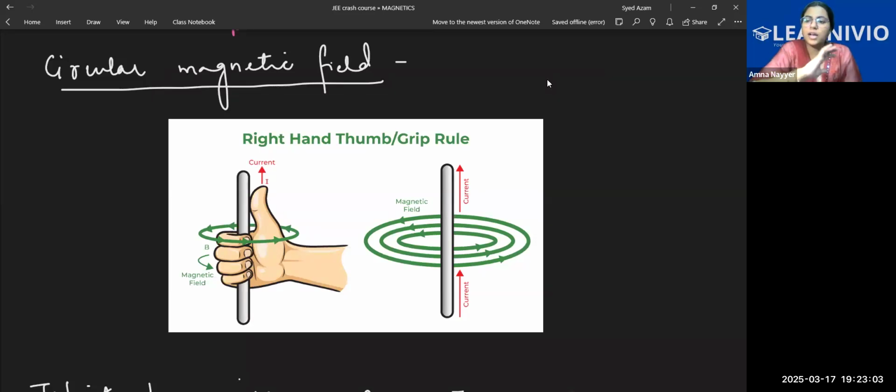Circular loop. So if you have circular part, curl it, whether it's clockwise, so curl it like this. If it is anti-clockwise, curl it like this. However the direction is given, thumb will tell you the direction of current. And opposite also you can do, you can hold the current like this, thumb will give the direction of magnetic field. So you should just remember you are as if holding some current like this. So these circular loops which are formed by the fingers, these are the magnetic field lines. This is the direction of current.